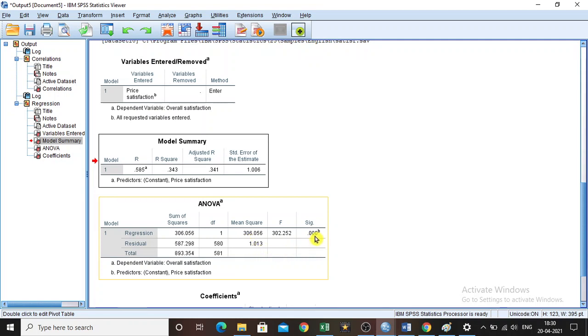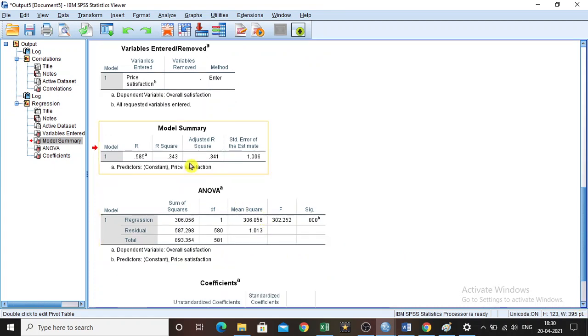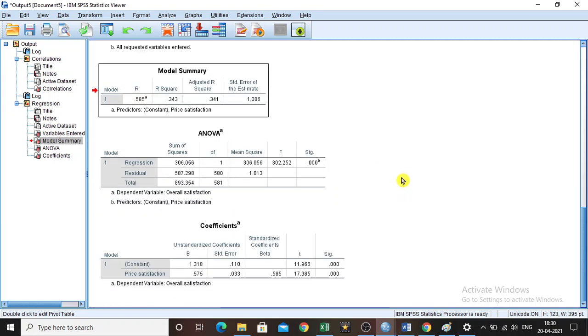So that is why it is 0.000, which means our regression model is fit, but the R square value is very less, which means the researcher has to do further analysis or identify further variables, so that he or she can understand or explain how much these independent variables are causing the changes in the dependent variable. So with this one variable, he or she cannot give any conclusion as to why there is a change in the dependent variable. Thank you.